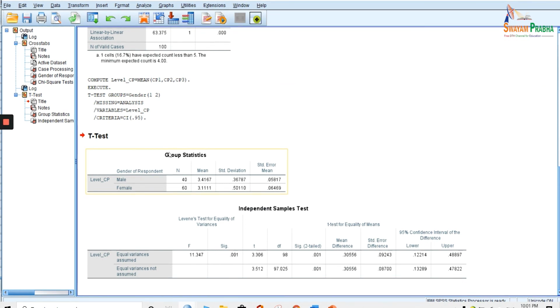First it is the general descriptive output. You can see in the group statistics, we have 40 males and 60 females. Now look at the mean value. If I calculate separately, for males it is 3.4 and for females it is 3.11. On the face of it, it seems that males have higher proficiency in comparison to females. But these are the results of our sample only. What I want to see is whether the same thing is happening in our population or not. That is why we are testing the hypothesis here.